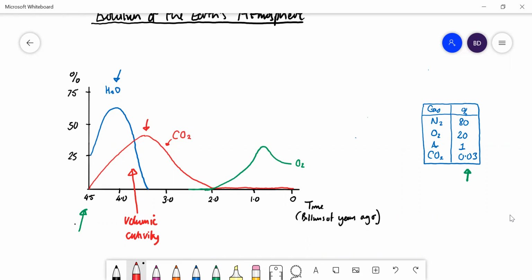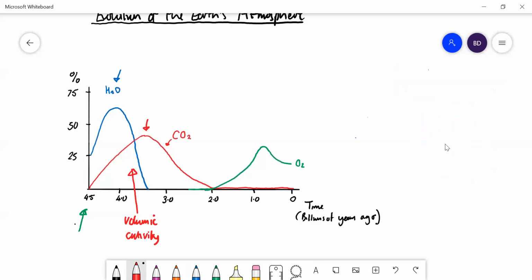Okay, so what processes were responsible for the decrease in carbon dioxide? Well, before we think about photosynthesis, what was probably more important in terms of the mass of carbon dioxide removed is the formation of carbonate rocks. In the Earth's early crust, there were metals, particularly magnesium and calcium, and you get reactions to form calcium carbonate, which is limestone basically, and magnesium carbonate, also present in limestone. So vast amounts of carbon dioxide